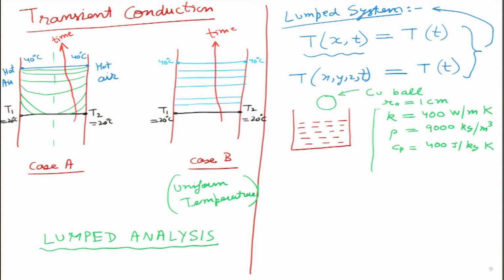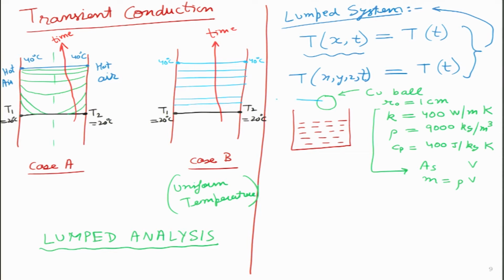Because I know its diameter, I can figure out its surface area as well as mass, because mass is simply density times volume. So, I know the volume as well. All these properties I know. So, what is the unknown over here? Two more properties let me write, and then I will answer that question.